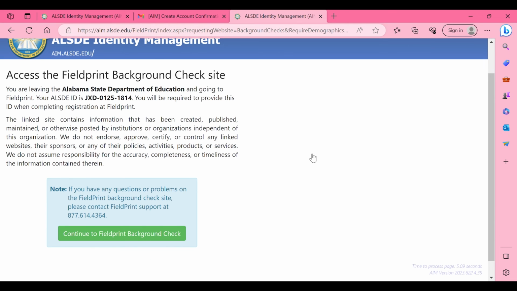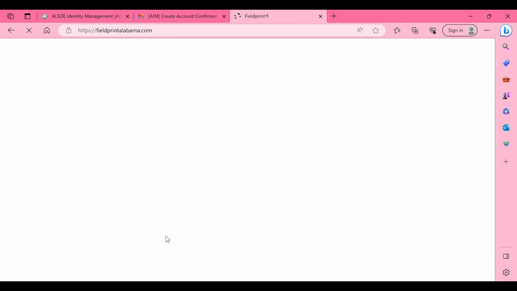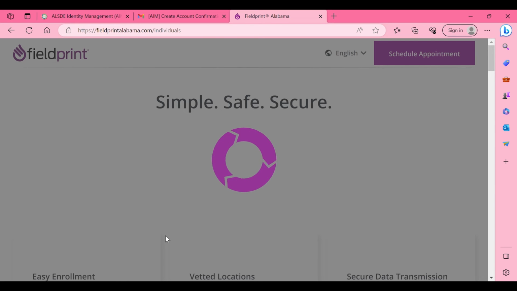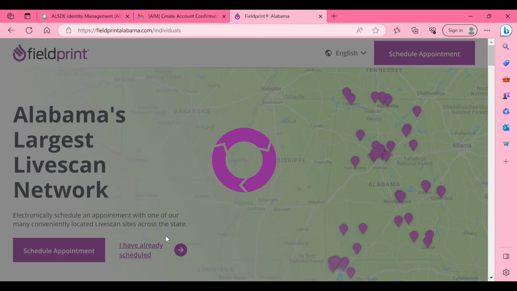On this screen, the applicant is given one last chance to reference their ALSDE ID number. Remember, this number is going to be needed for verification with Fieldprint. Select Continue to the Fieldprint background check button to move forward. Now that the applicant has completed the AIM registration, the next step is to move them seamlessly to the Fieldprint environment. Please make note of the URL,